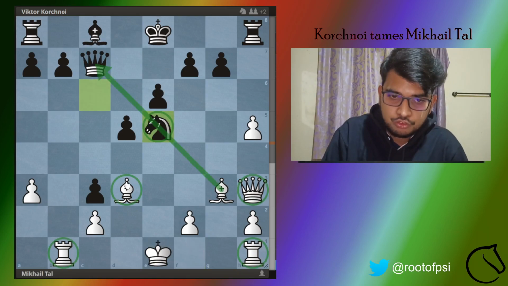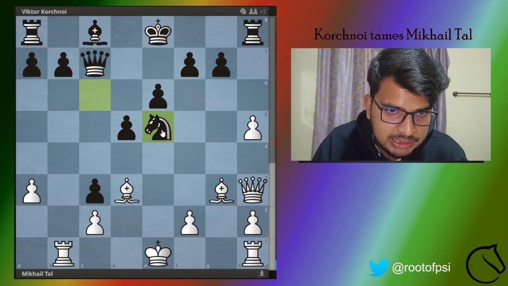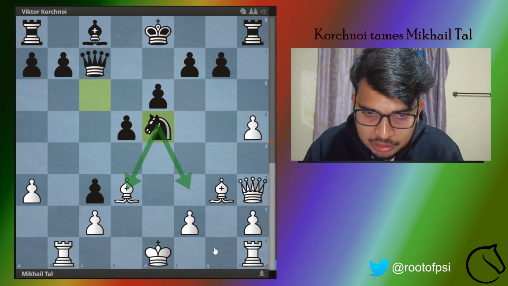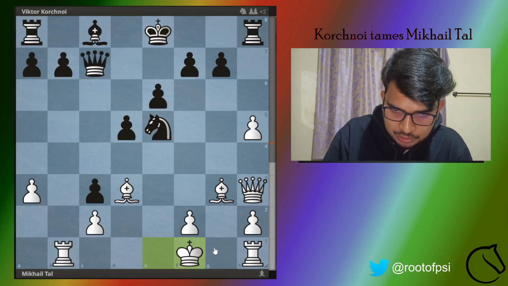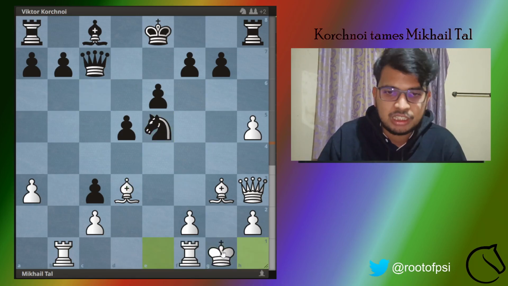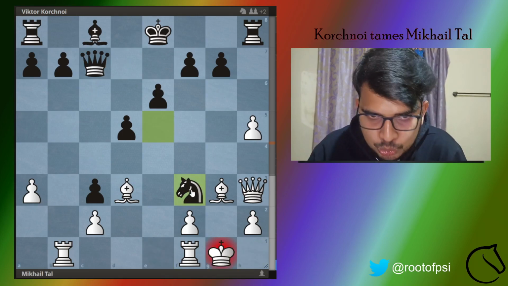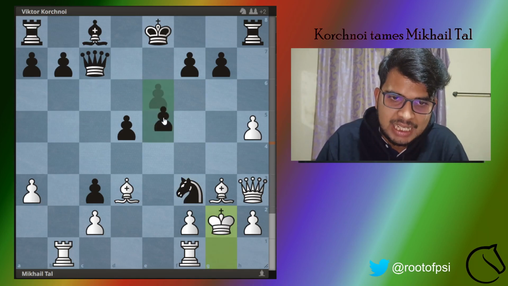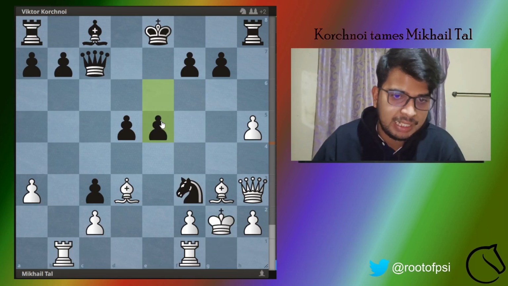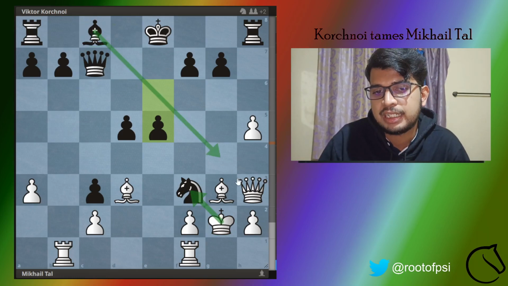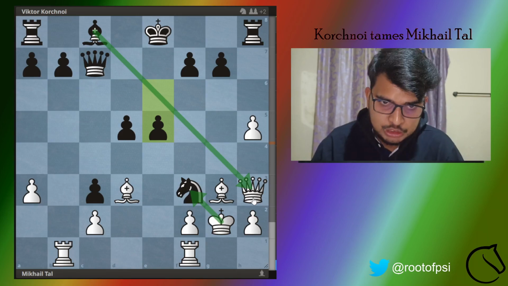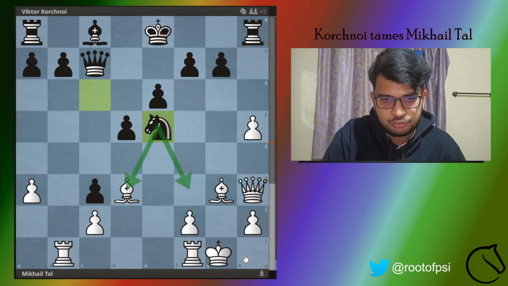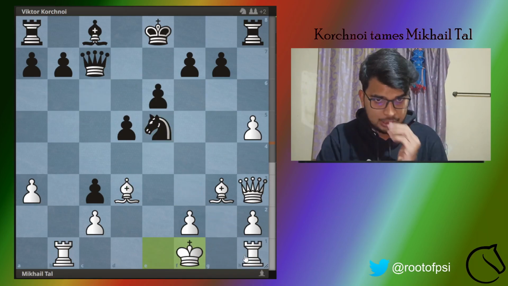Now that move is actually very good from Mikhail Tal, because in this position you can already see that the knight is threatening all sorts of checks that the white king could come under. So Mikhail Tal actually plays this move of king to f1, because maybe he does not like castles here, because I can again play this move of knight to f3, and let's say you play a move like this, then I can already play something like e5, and you can see that you are attacking my knight, but I am sneakily attacking your queen. So this would be very good with these central pawns for Viktor Korchnoi.